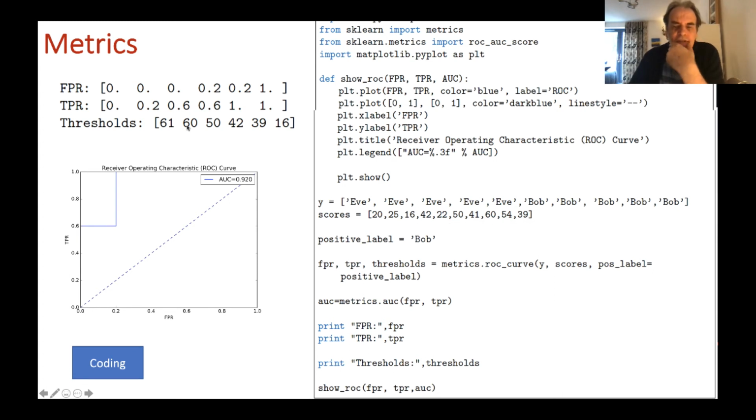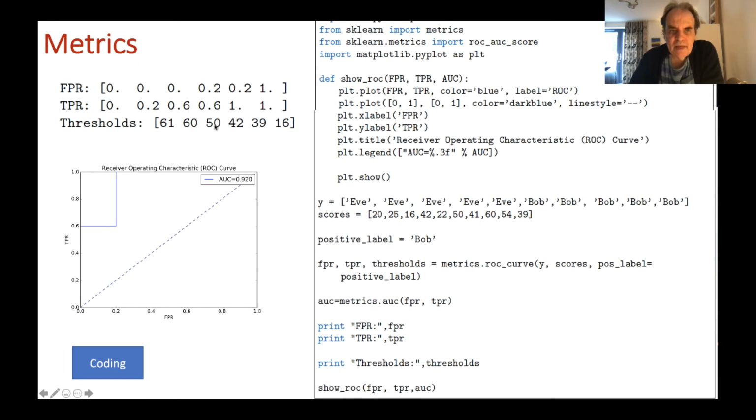Now we take a threshold of 60 and we can see here that now we will get one true positive and no false positives. So in this case we now draw the ROC curve for this value of 0.2, and then we have 0.6 is the first value.